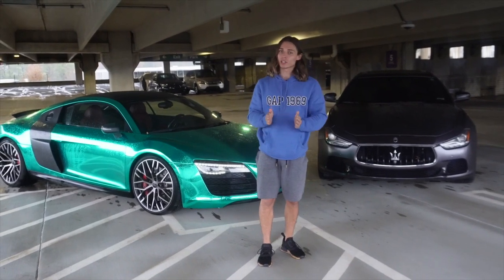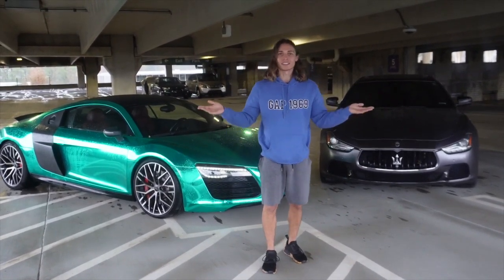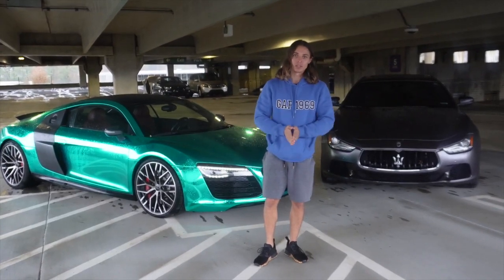When you watch the video, you can see the Ghibli gave it a little bit of a challenge in the beginning, but guys, the R8 is what the R8 is. It's a dual clutch, it's too smooth, it's too much of a beast to handle. So yeah, guys,